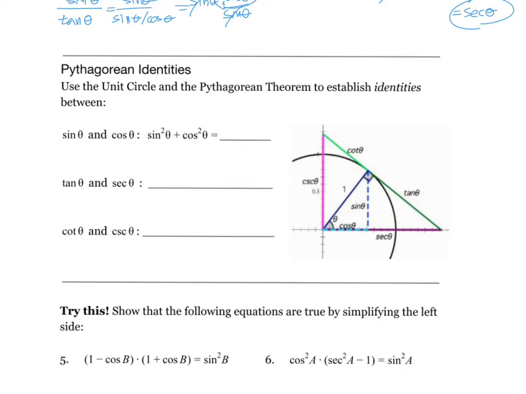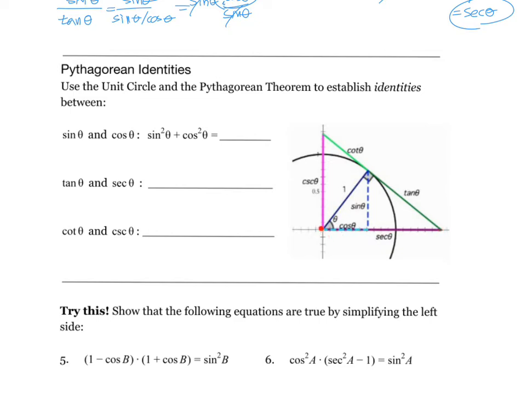Pythagorean identities. So I've got a picture here. Should look a little familiar. This is the first quadrant of a unit circle. So we have a ray, which is the radius of the unit circle. It has a length of 1. And we have these